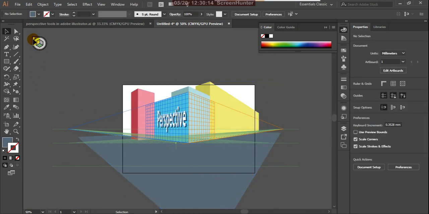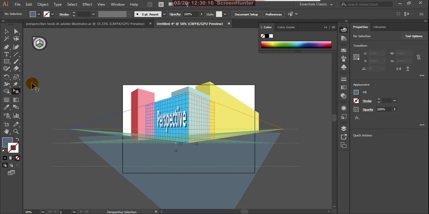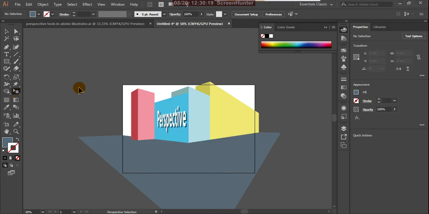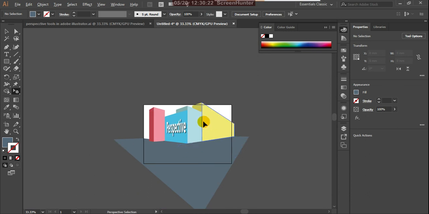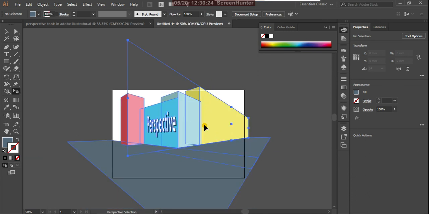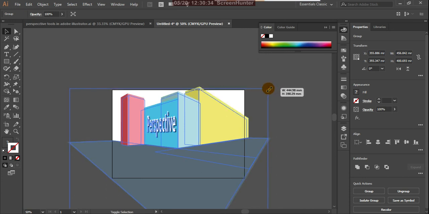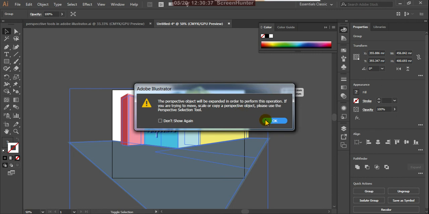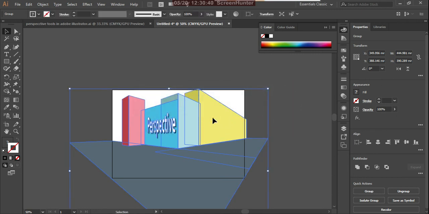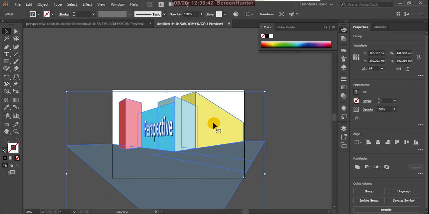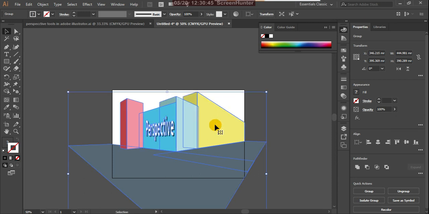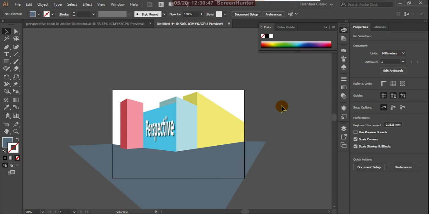Okay, and now I want to delete this, you can just delete this. And so already this is grouped, make it a bit smaller. Okay, now what I'm doing,